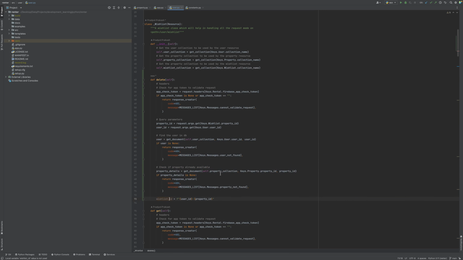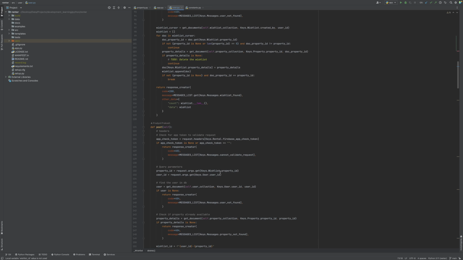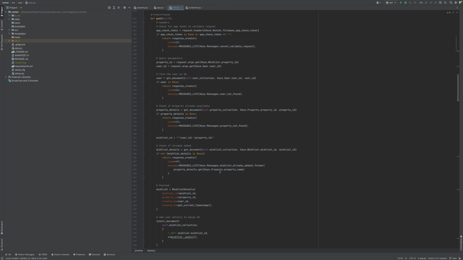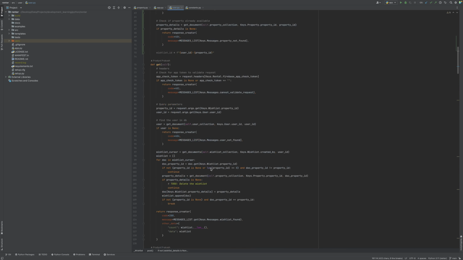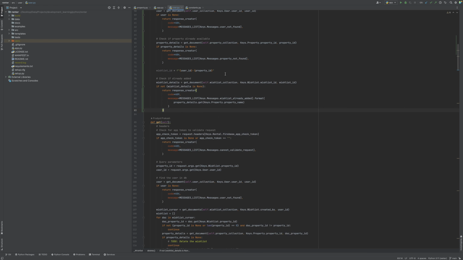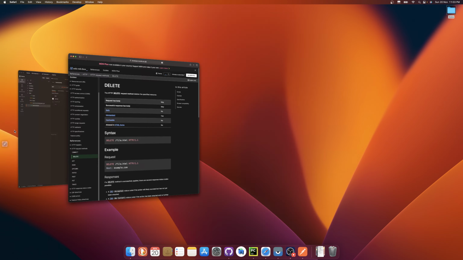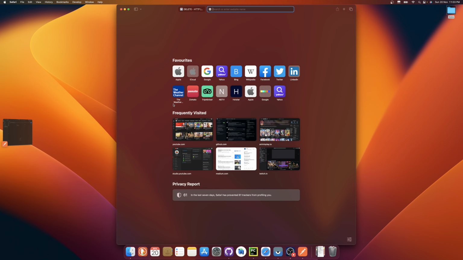Now we need to check if that wishlist is present or not. One way to do it is this one. We get the document, and if it is present, then we delete it. Now what we need to see is how to delete a document